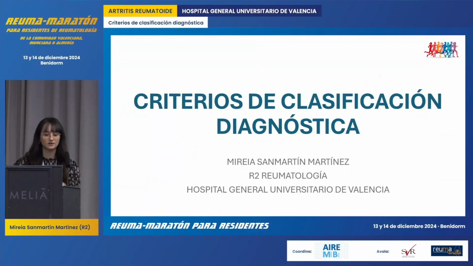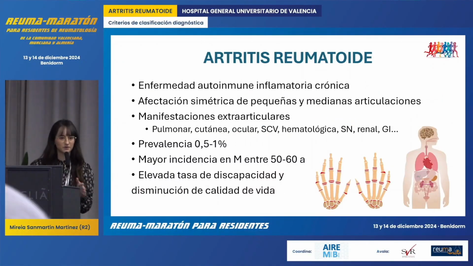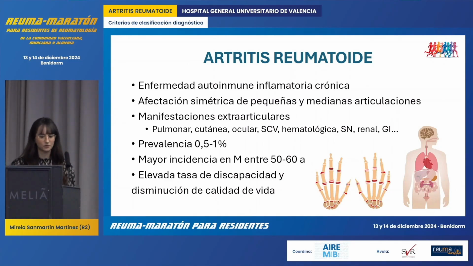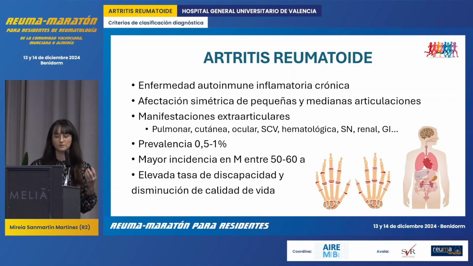Well, in my case, we're going to start with the diagnostic classification criteria of the disease. First, a brief introduction to rheumatoid arthritis to give us some context. As you know, it is a chronic inflammatory autoimmune disease that is classically identified by symmetrical involvement of the small and medium joints. However, we must not forget that it can also present extra-articular manifestations, which will worsen the prognosis for our patients. For example, pulmonary involvement such as ILD, cutaneous involvement with rheumatoid nodules, ocular involvement with scleritis, and